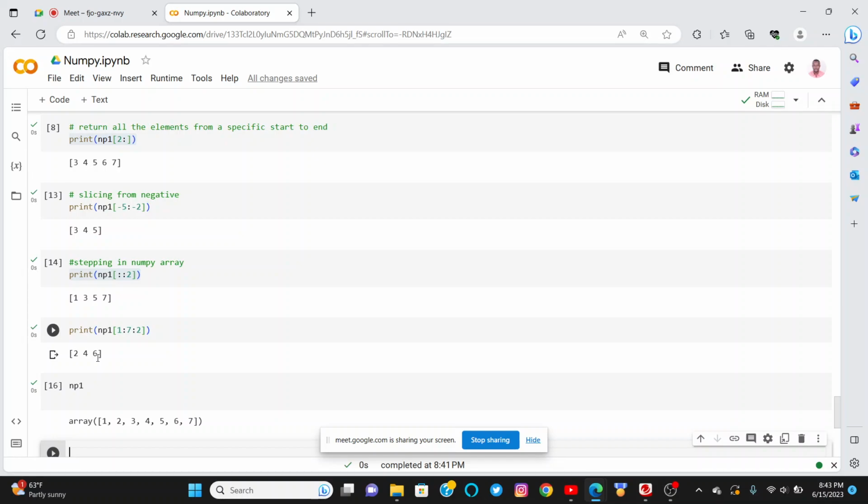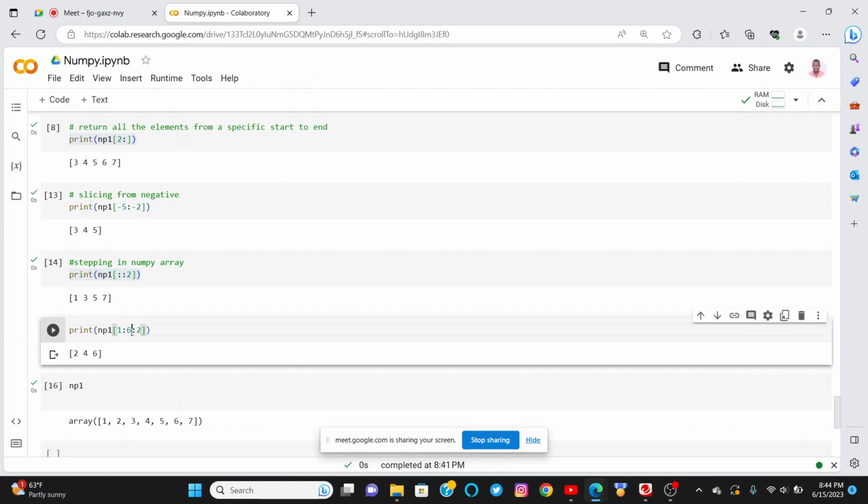In the last part, why did we add a 2? See, we are stepping again from 4. Getting our next step, we haven't finished the range. Range starts from 1 to 7. This is 0, 1, 2, 3, 4, 5, 6. Because if I gave out 6, it will give me up to this range of 6. Now, at this point, I told you at the end, you have to subtract 1 so that you can get the previous number or the previous element. Because now here, if we say 6,